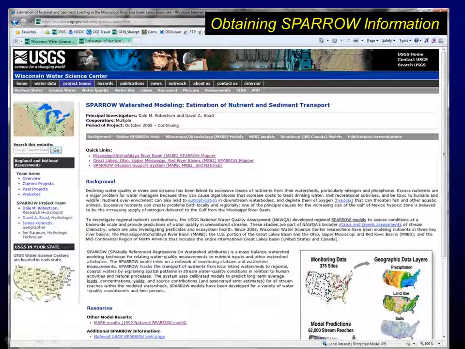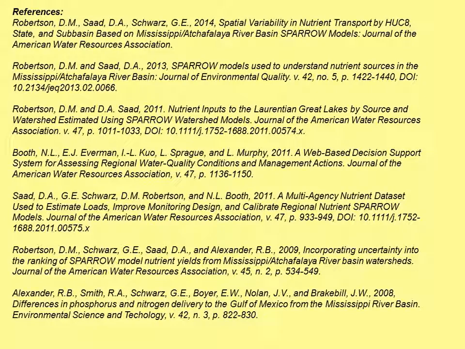You can go into here and find out what we have available for the Mississippi Atchafalaya River Basin, give you the results there, the publications we have. MRB3 models, that'll give you everything in the upper Midwest. And now we have this other category, the binational models. We're getting into the one for the Red Assiniboine and ultimately the entire Great Lakes model. And then finally, publications.